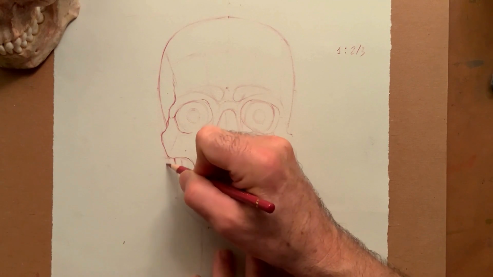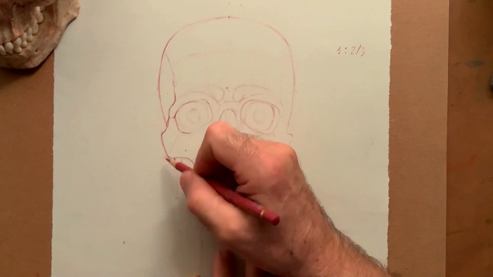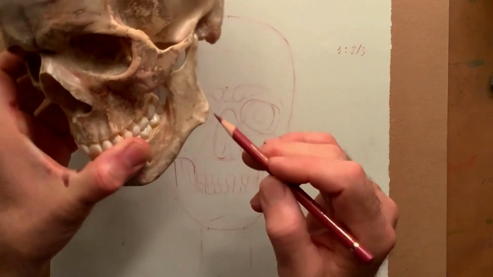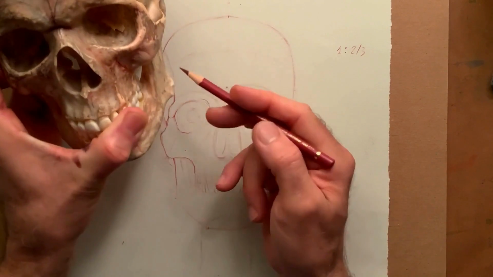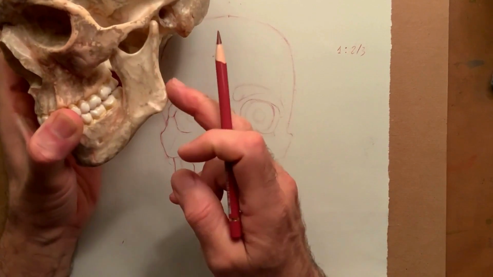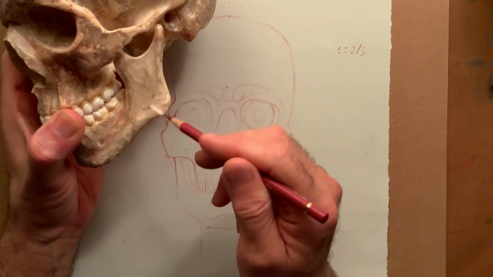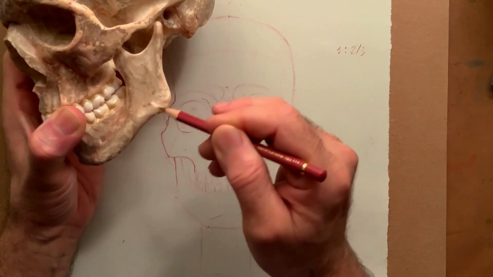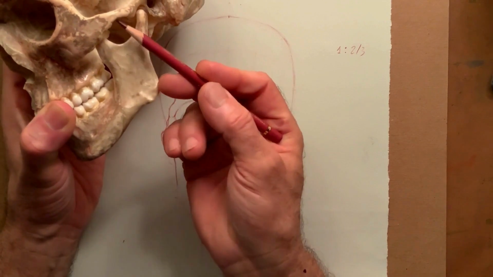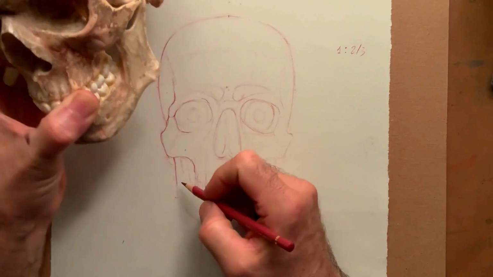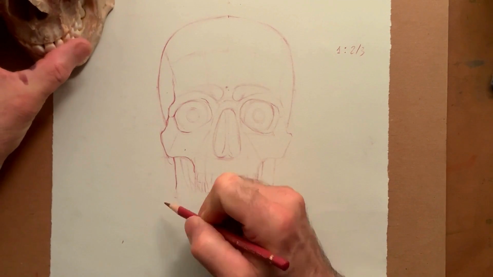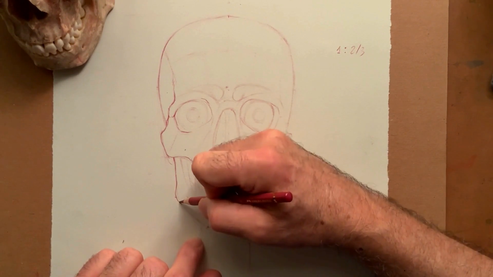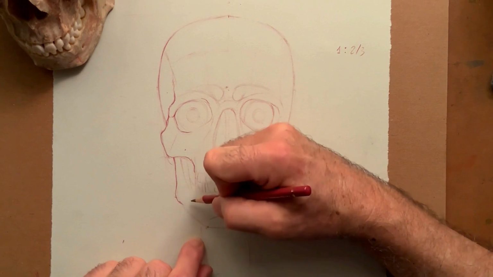Comes in here. I have the masseter, and I want to try to block in some of this bump here, the corner of the jaw. We saw how pronounced it is, right? You see this scoop in here. That's where the masseter goes, and then attaches under here like this, right? So I'm going to try to create this little bit of a widening here at the corner of the jaw like this, and then